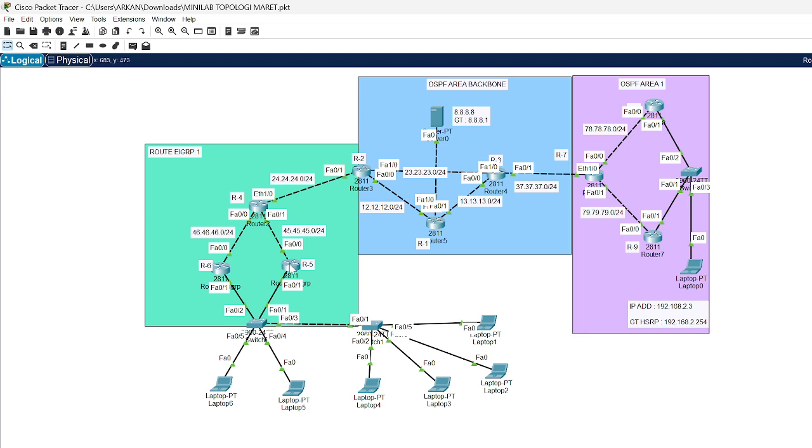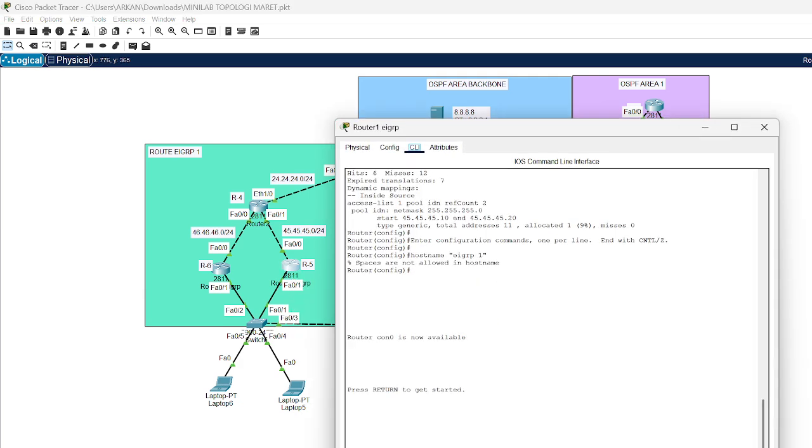Then in end device, the IP of end device. Oh wait, in router first. In router R5, the first configuration that I make is I make active the interface FastEthernet 0/1.